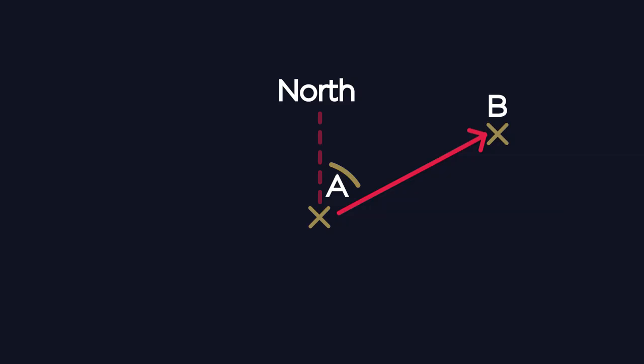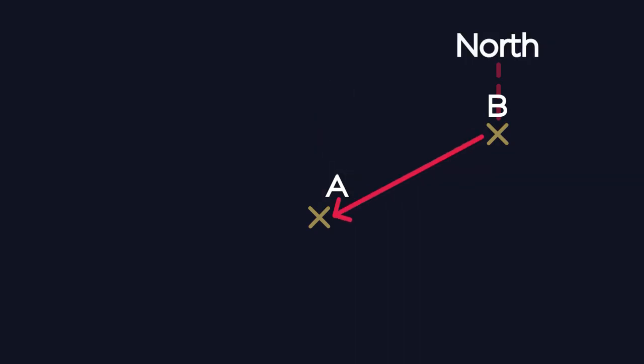To measure a bearing from one place to another, we have to consider where we are being asked to start. Have a look at this question. To measure B from A, find the north line at A, then form and measure the angle to B. To measure the bearing of A from B, start at B, form the angle to A, and measure the angle,